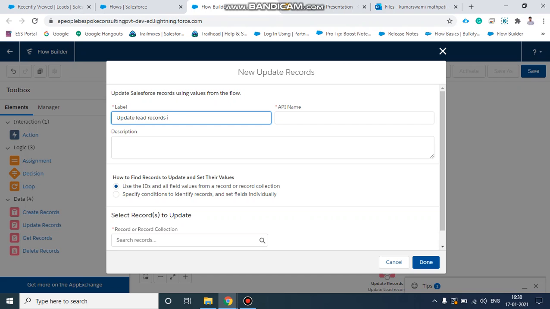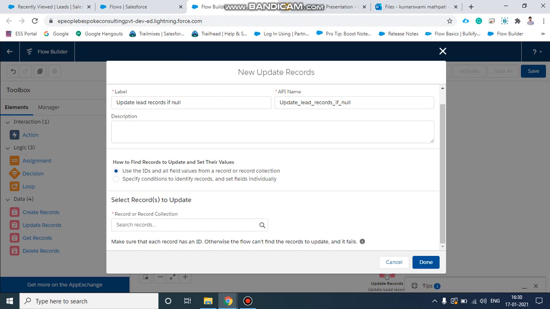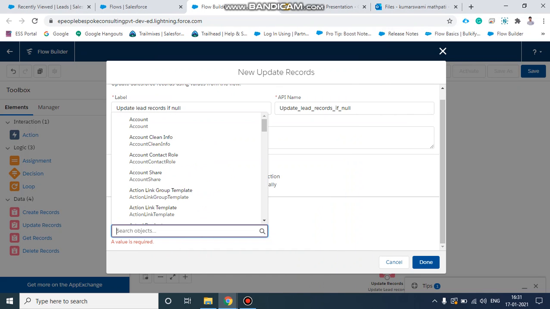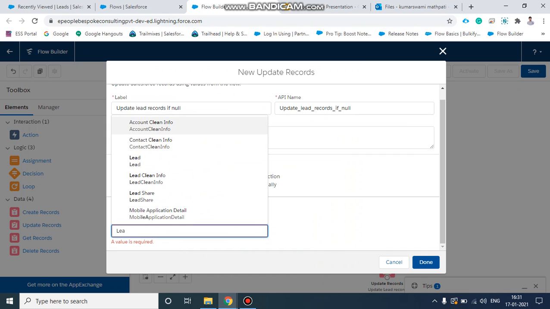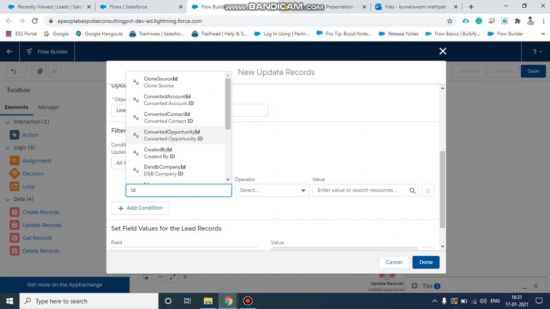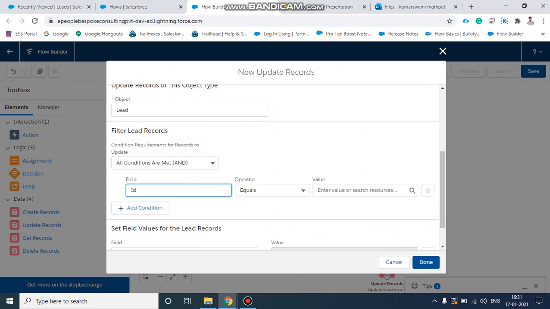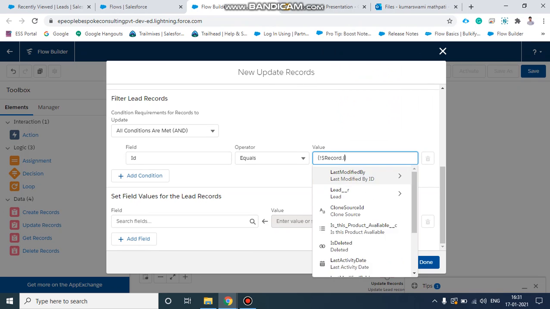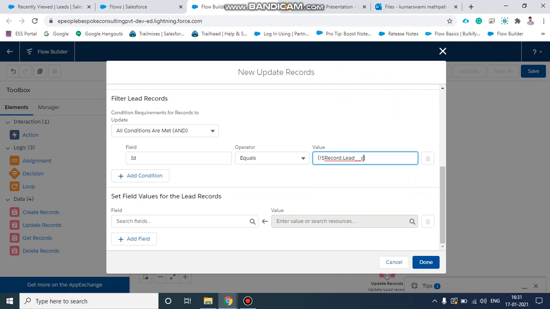If null, here also we will specify some condition, and we will select the object as lead, ID equal to record lead ID. That should match.